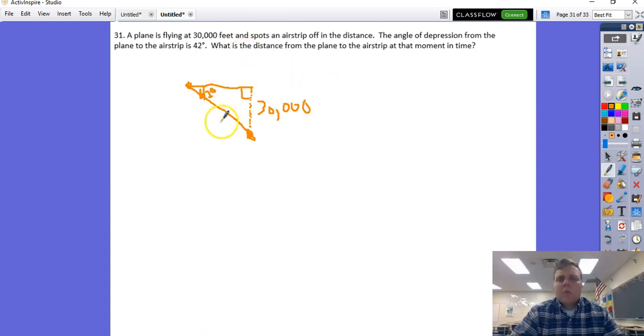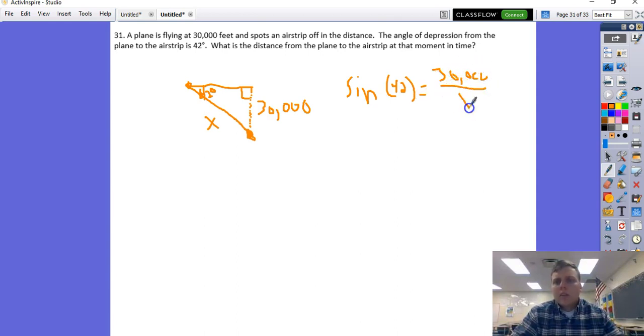It says, what is the distance from the plane to the airstrip? That's x right here. So you would say, okay, so here's 42 degrees. I know the opposite, and I want to find the hypotenuse. Opposite and hypotenuse, it's like we love sine right now. Because this is sine. Sine of 42 is equal to 30,000